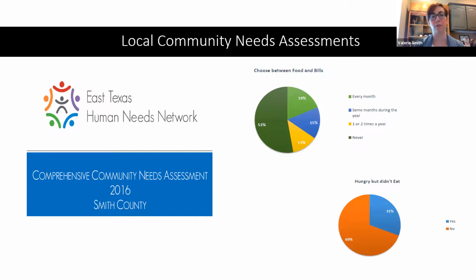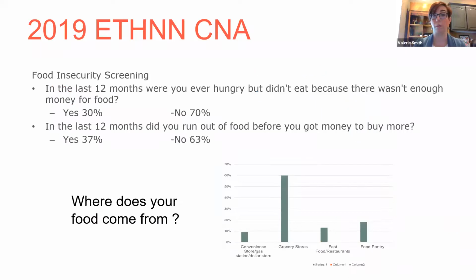But what we were able to do, knowing that as a small new organization, conducting a whole community needs assessment might be outside of our bandwidth, or might be the only thing we could accomplish in our first year of working together, we decided that we would utilize the relationship with Ethan that we had developed and see if, as they were developing their 2019 needs assessment, we could incorporate more questions around food and food insecurity that would allow us to have information to move our coalition work forward. And so we were able to do that.